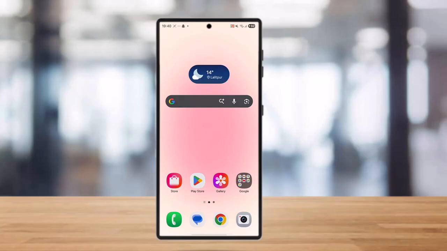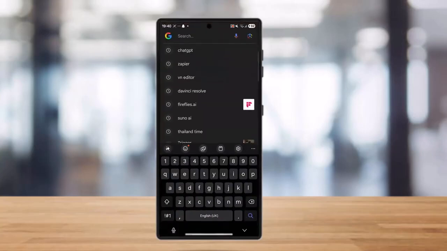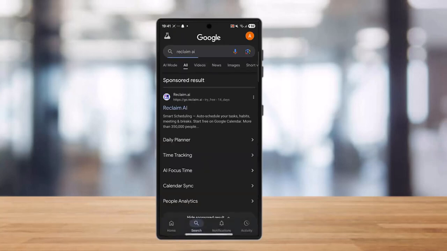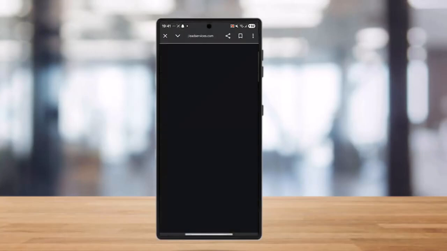So if you want to get an AI meeting reminder in your Google Calendar, you need to use a third-party AI tool or service that integrates with your calendar. As native AI reminder customization within Google Calendar is currently limited to basic smart features, you need to use a third-party AI tool. So you can simply use any of these AI tools like Reclaim AI, Sketch, or Talking Calendar Reminder. That is a Google extension. So you can use any one of it, and once you have used it, you can simply use this AI